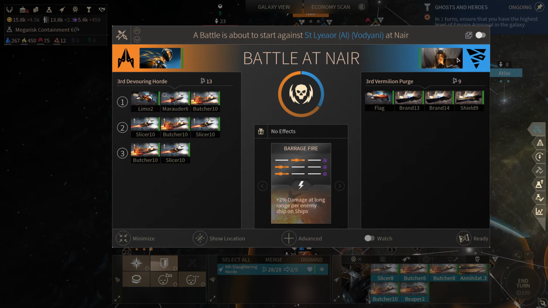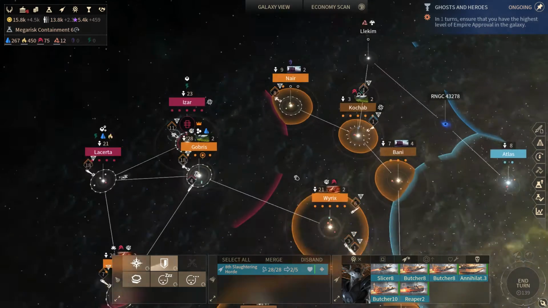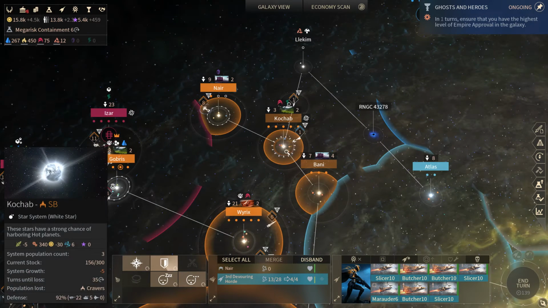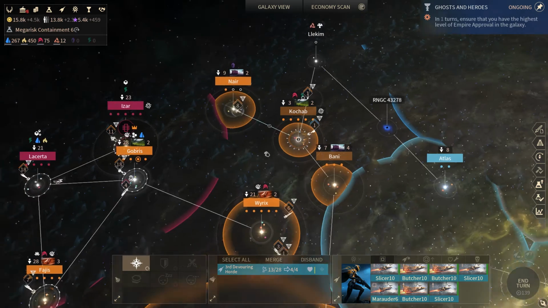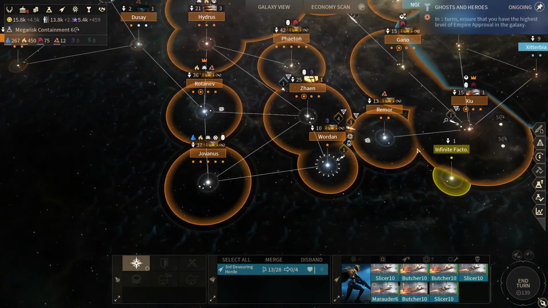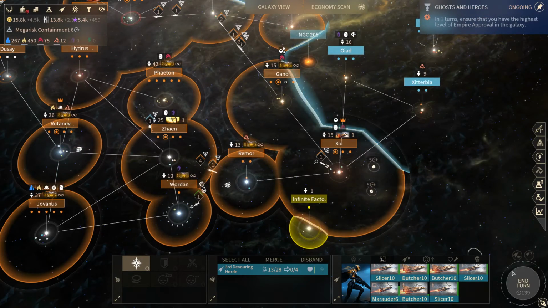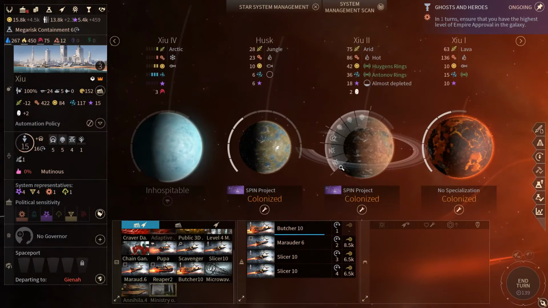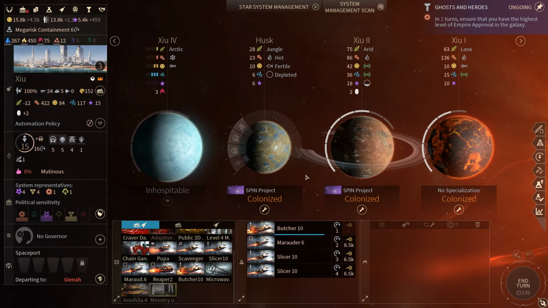I don't know what is going on with the Vodyani player, why they are so obsessed with my territory. Probably don't need to keep him in Nair anymore. Nair is probably safe now. Alright. So, I'm not going to rush anything at...